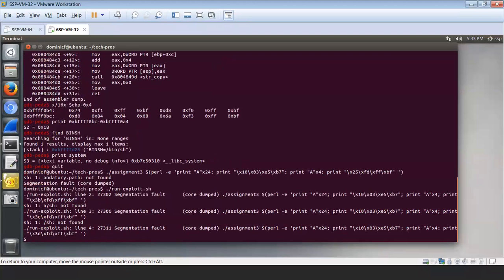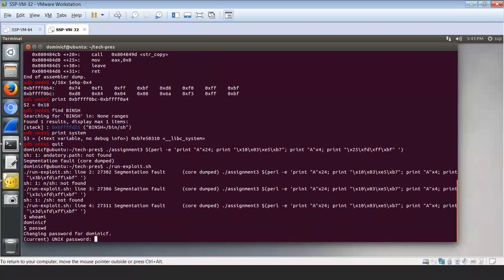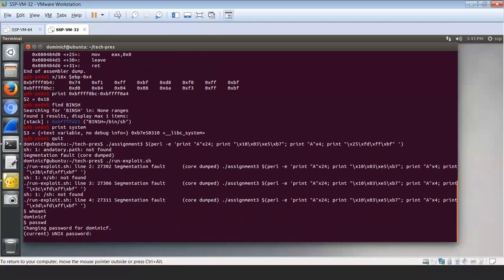And so when I do that, I see it runs the first time with this variable. I started at 3B, counted my way up, I got 3C. Eventually, I hit the point here at 3D for that location in memory for the environment variable, and voila, it worked. Got myself a shell. And so I can run shell commands from here. I can even go change this user's password if I choose,